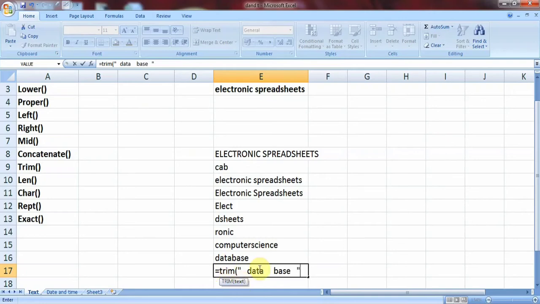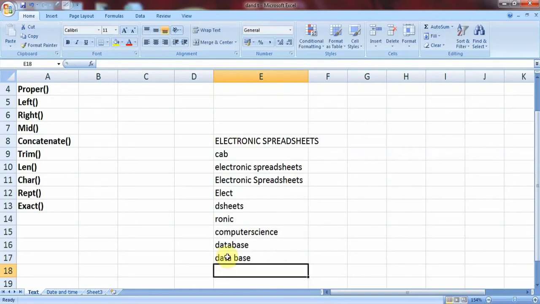In this text there are some extra spaces. It will remove the extra spaces except the single space between the words. You can see this is the output.